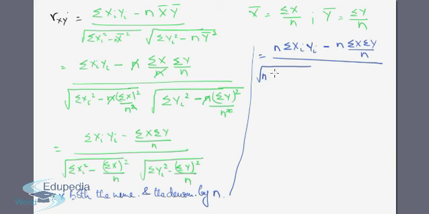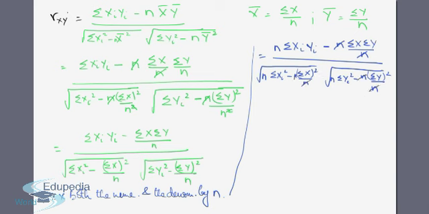So we'll have n times summation xi square minus n times summation x by n square, and same is the case with y, so we'll have n times summation yi square minus n times summation y square by n. Now these will cancel out each other,